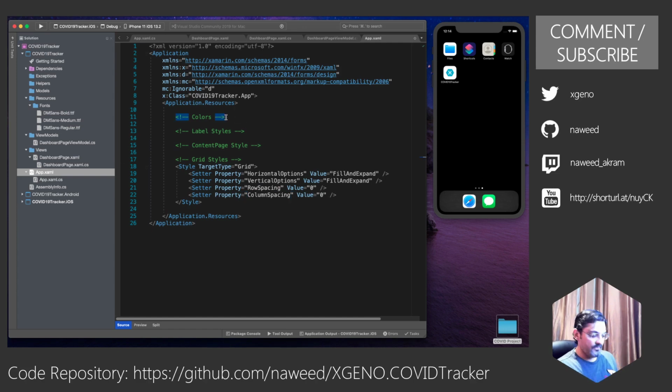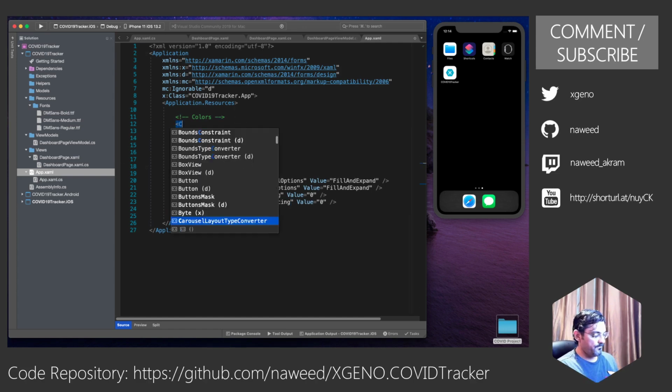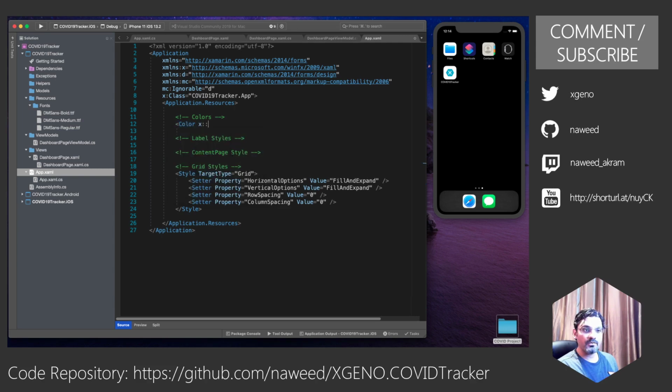So let us define some colors. Color, I'm going to give it a key. Let us call it page background color. And we will be using white color for now.